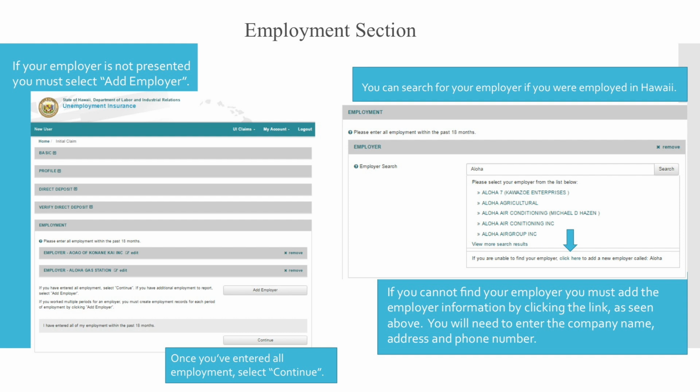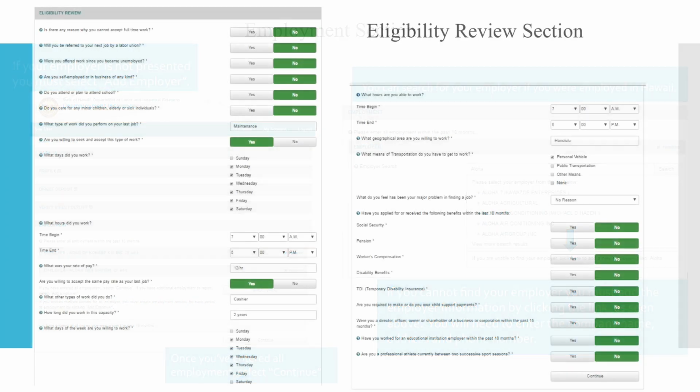Use the search field to look up the employer name. If you cannot find the employer name through the search, use the Click Here link located below the employer search to add the employer. After entering all your employment over the past 18 months, you will continue on to the